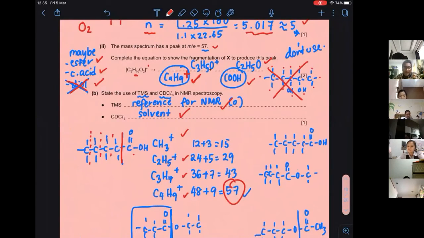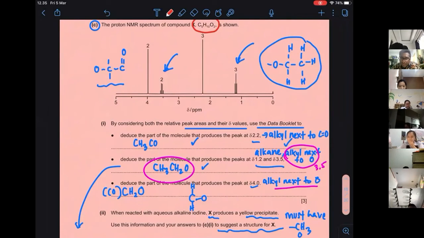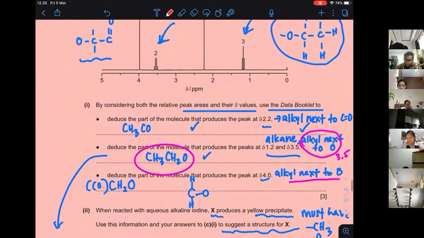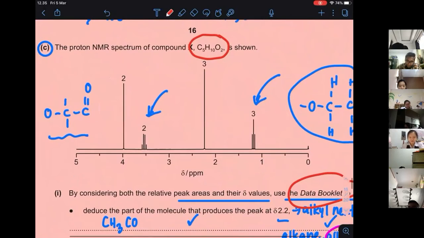I tried to answer based on my assumption. Don't assume. What you need to do is just refer to the data booklet and also refer to those numbers here, and also refer to the number of fragments, how many splittings you have over there,